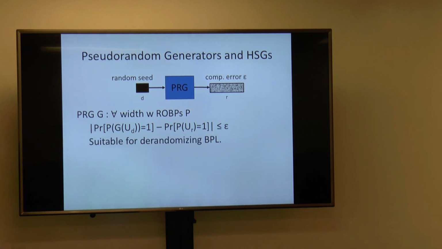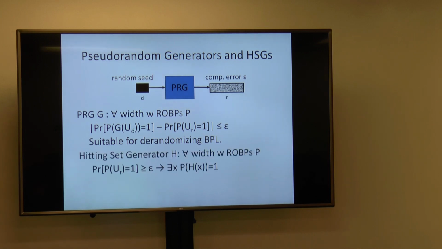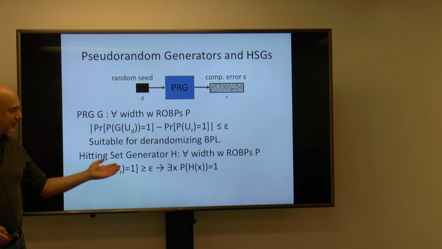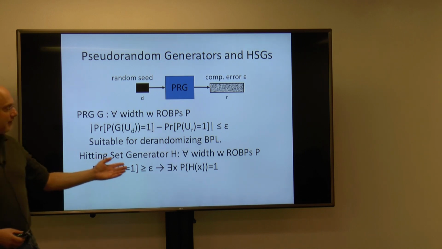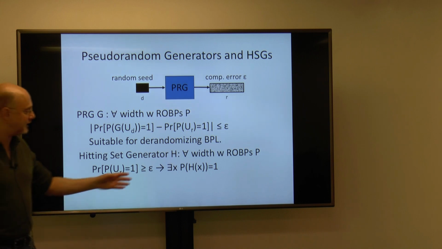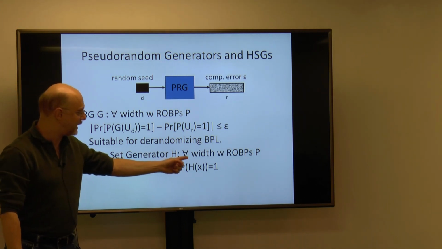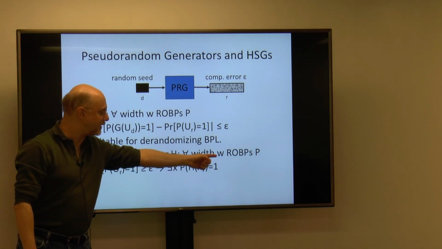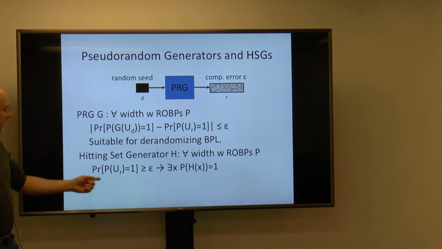And this is suitable for de-randomizing two-sided error randomized algorithms, BPL. A weaker object is a hitting set generator. A hitting set generator is more for de-randomizing one-sided error. So what is it? It says that for any width W read-once branching program P,